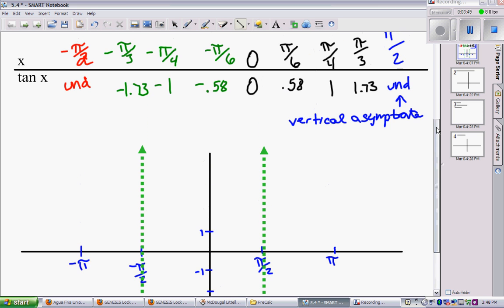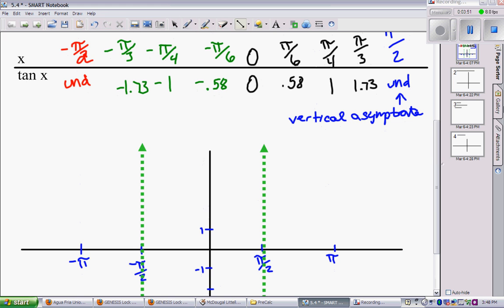And we can refer to the graph. So this is going to be negative pi over 4, negative pi over 6, negative pi over 3. Negative pi over 3,